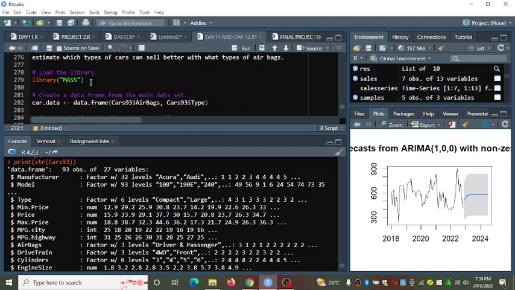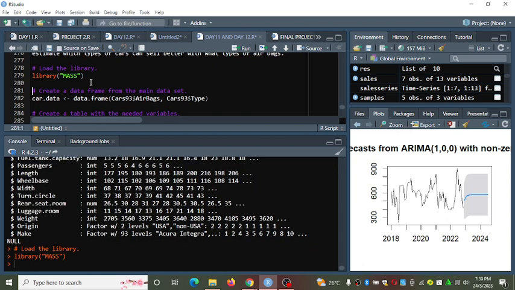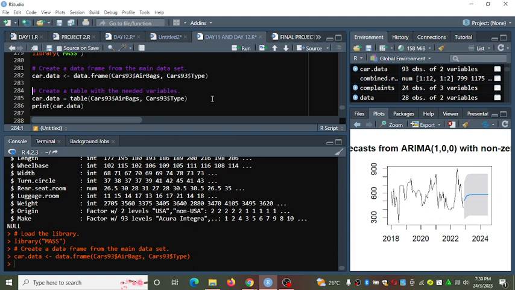So we can load these packages from this part. Then we can call the output here. We have created a data frame called car.data using the data frame function, from Cars93, where we choose Manufacturer and we choose Type.